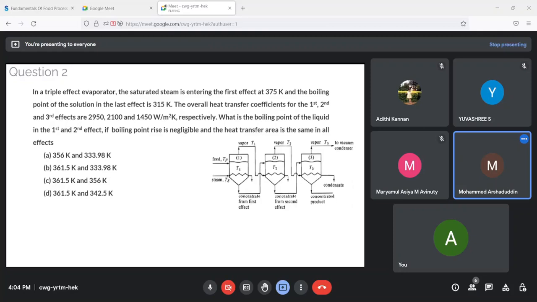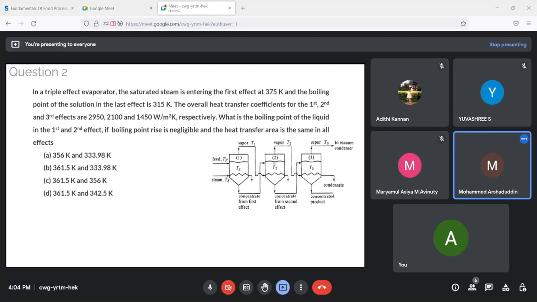So in a triple effect evaporator, instead of having one single evaporator unit, you have multiple, in this case 3 units connected in series, which means that you are feeding your dilute liquid in one evaporator and each evaporator is known as an effect. This is the first effect, this is the second effect and this is the third effect. So you are feeding your dilute solution in the first effect and you are passing steam also in the first effect. So some amount of water will be evaporated, that will go as vapor, and that vapor is actually fed into the second effect